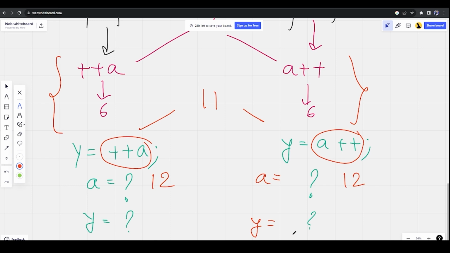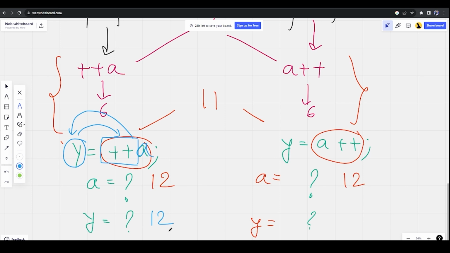The difference will come with y. See here what exactly happened. Now this may be a little bit confusing, so see very carefully. How to understand this: y is equal to ++a. Now what is y directly equal to? It is equal to the plus plus signs, meaning a will increase first and then y gets it. So a has 11, a increased, it became 12. This 12 will go inside y, so y will also become 12.